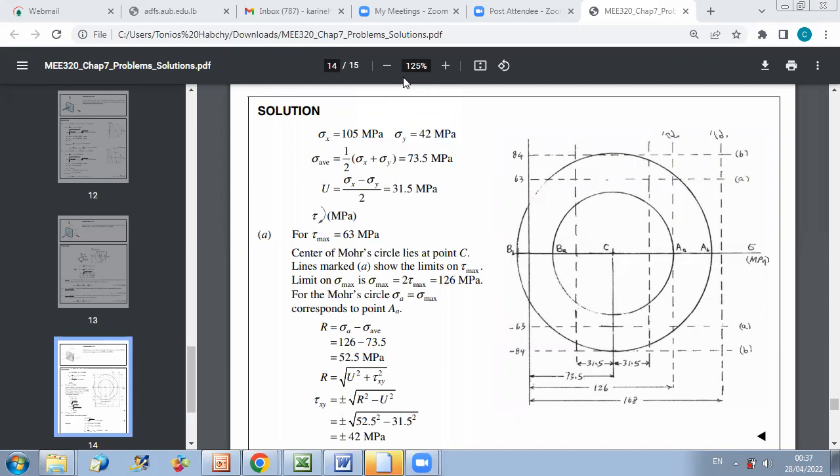And since here the maximum possible radius is larger than 73.5, then I can say that in this case, the maximum shear stress is an in-plane shear stress. Since the maximum radius is 84, which is larger than the value of sigma average, then I can say that